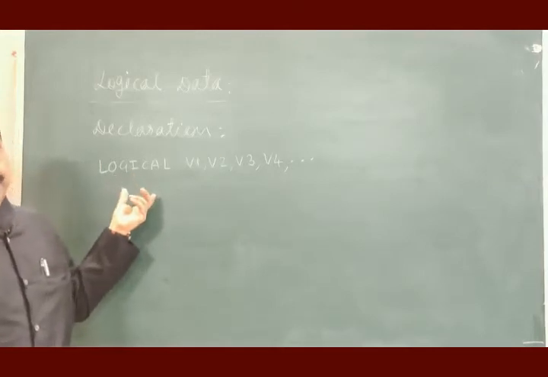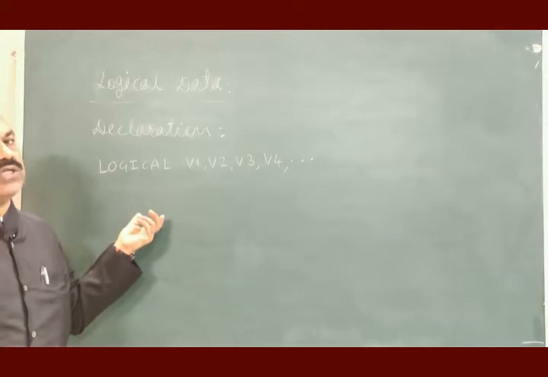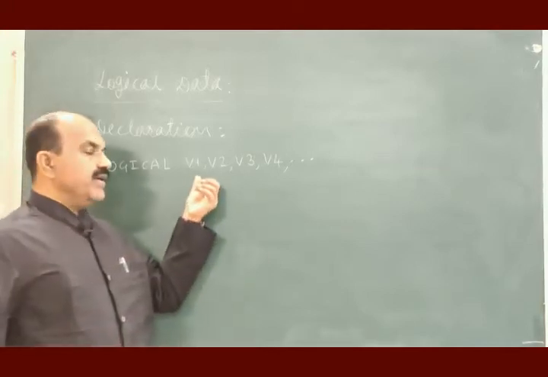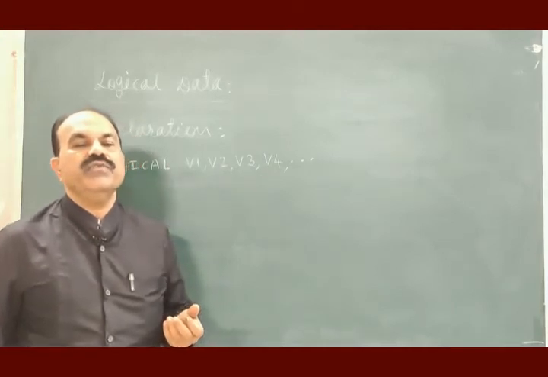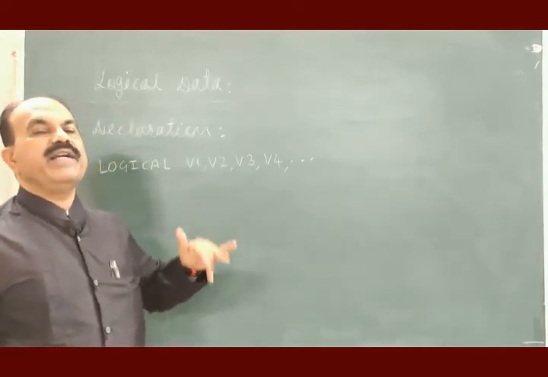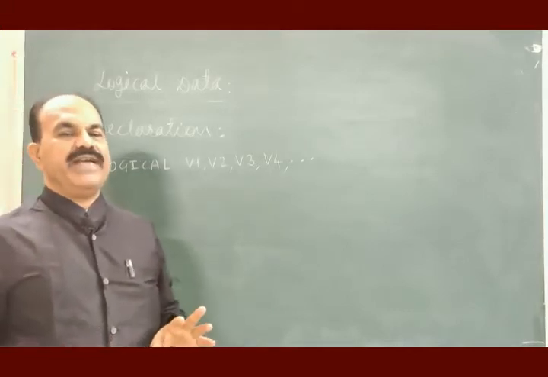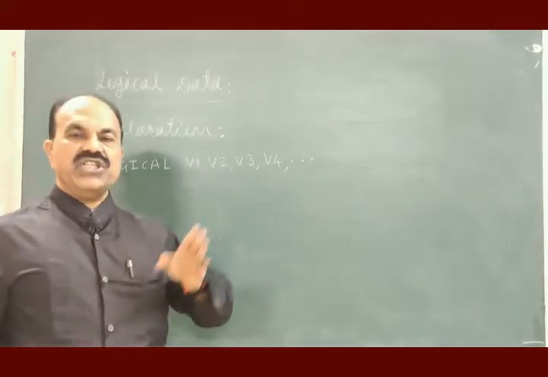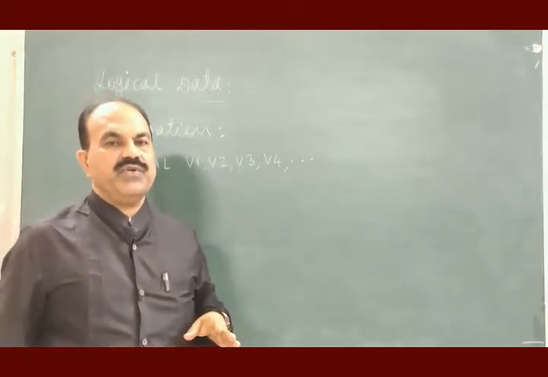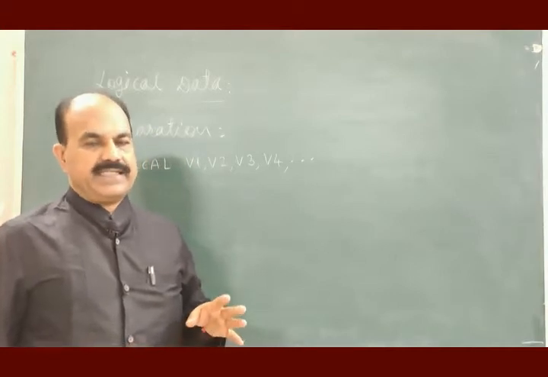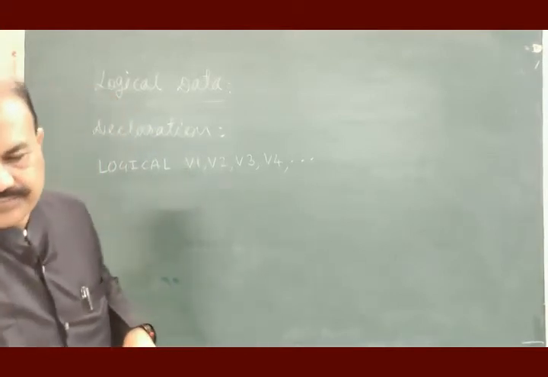Logical is the statement used to declare logical variables. This is a list of variables v1, v2, v3, v4, etc., separated by commas, which are logical variables. For example,